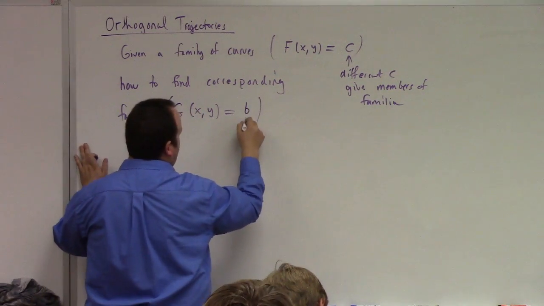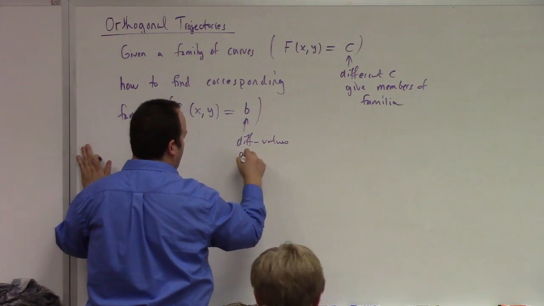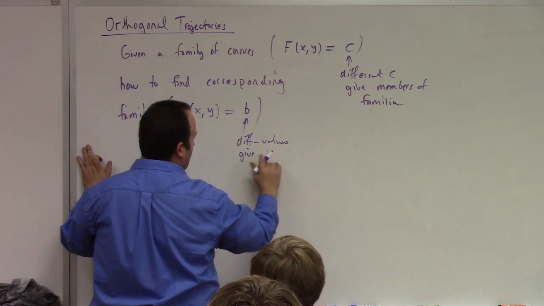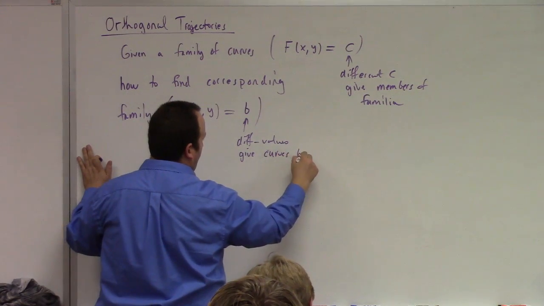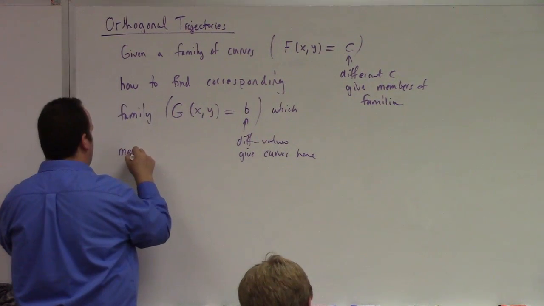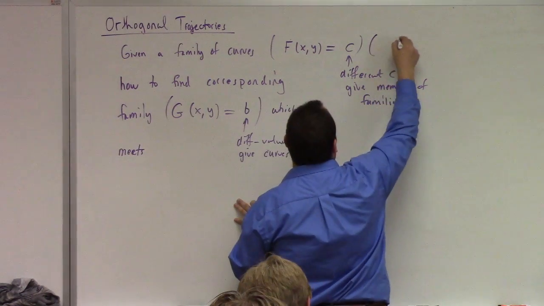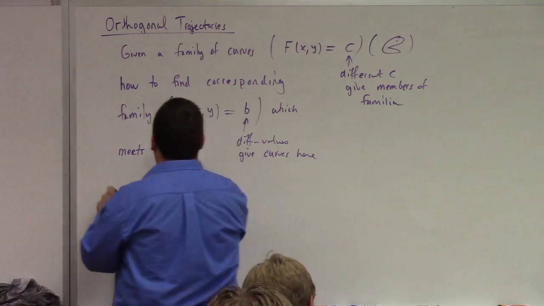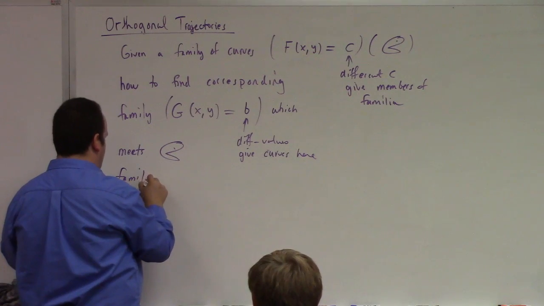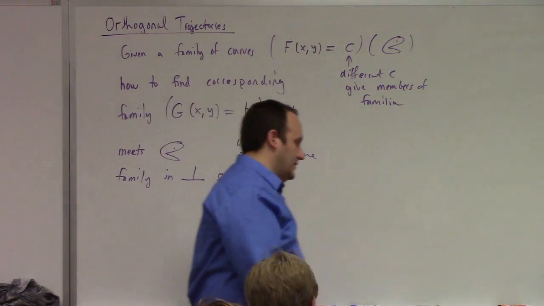So this time, different values give you different curves in here, which meets, I need to give this a name. We call this one Pac-Man, which meets the Pac-Man family in perpendicular sense. All right, so